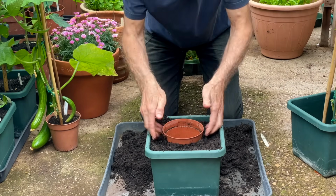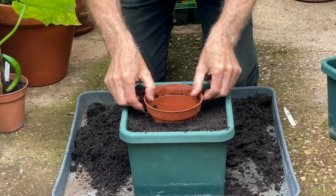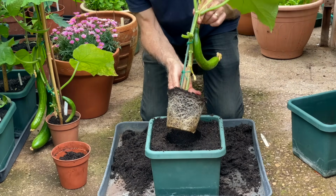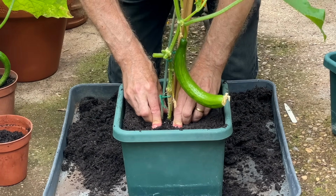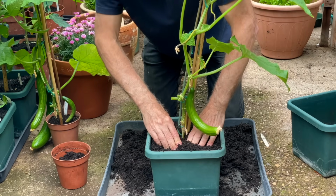And once the compost is firming it so it doesn't fall back in when I remove the little plastic pot, I'll just give it a twist, take that out, then I can get my cucumber in this lovely root system, and that will just sit very neatly now down in the pot itself. Just push that down, a little bit more compost on the top, round the surface there, firm that down,